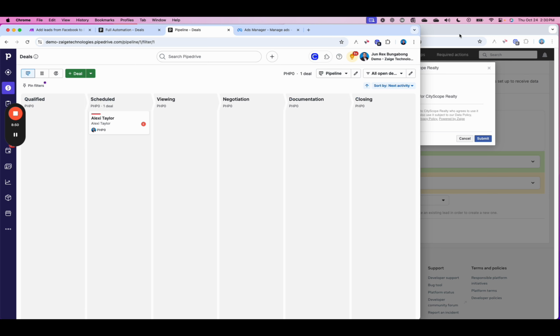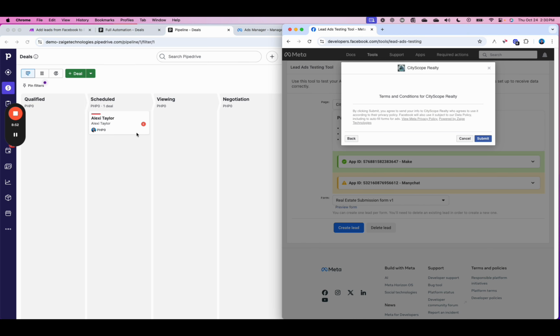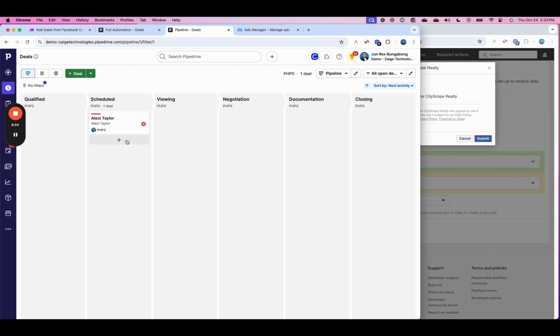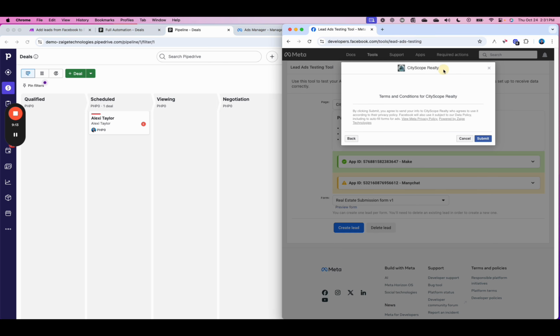Here's Pipedrive. Okay. Now you can see that within Pipedrive, this is called the pipeline, right? I have the following stages: qualified leads, scheduled, meaning they've scheduled an appointment, and then viewing, negotiations, documentation, and closing, right? So there's no other deal here aside from this one, Alexa Taylor. So now there's a lead submitting a form coming from Facebook. And once they've submitted that form,